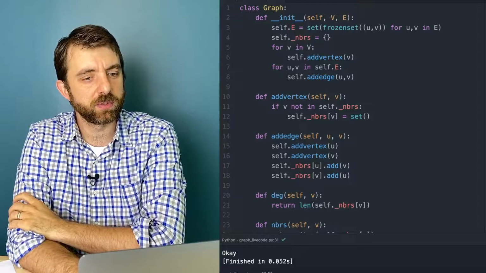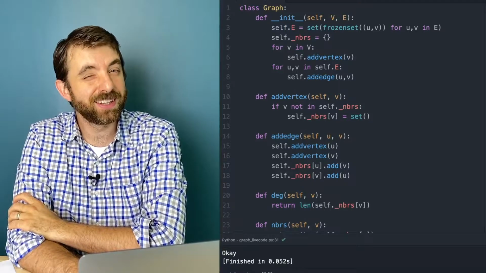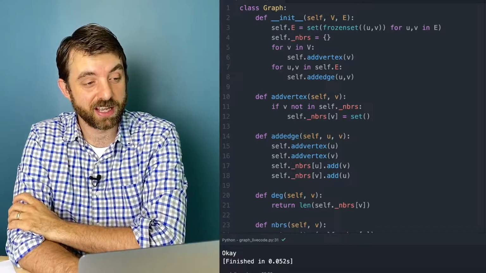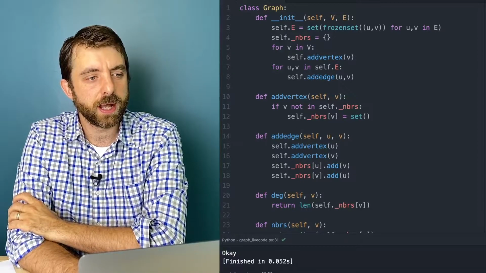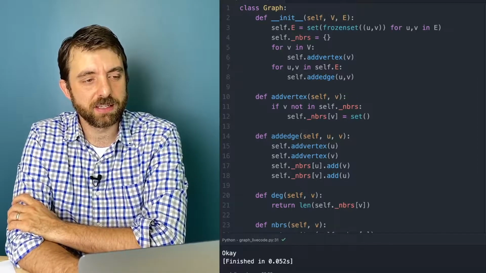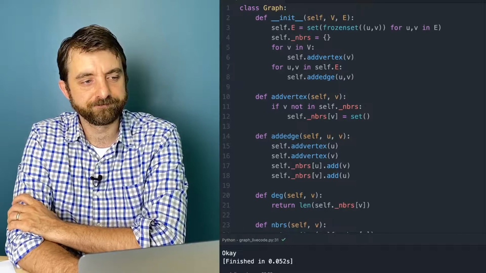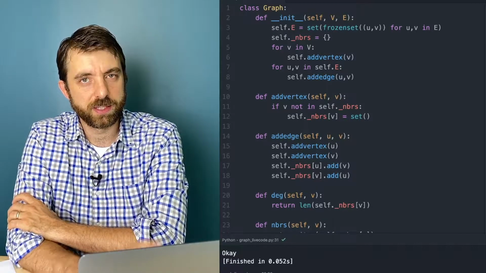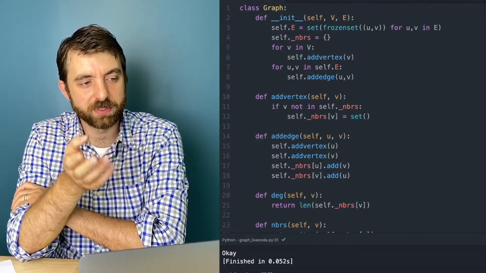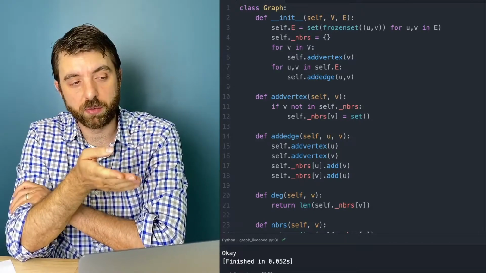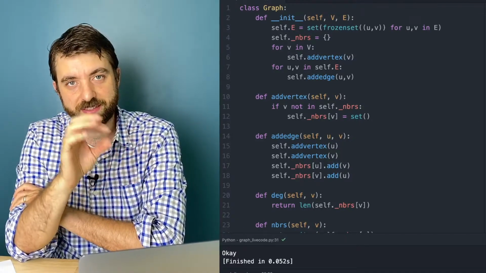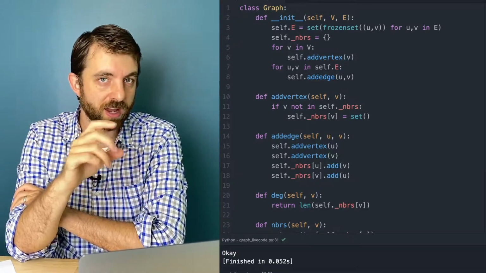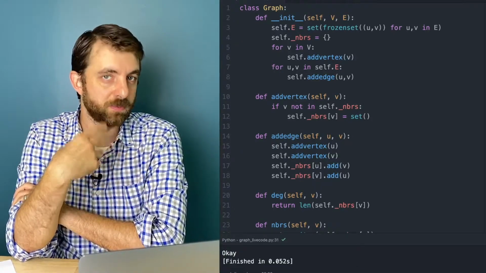Any other good stuff we would like to do? I guess I would like to be able to know how many vertices and edges I have. A lot of times, you may see cases where this edge set is not explicitly stored. I can actually get away with not storing this self.e, so the graph doesn't have a special set